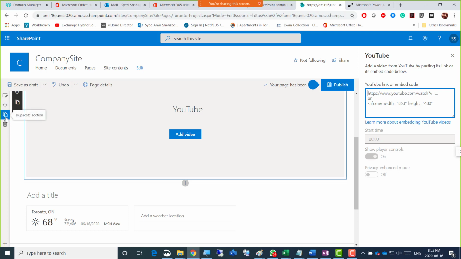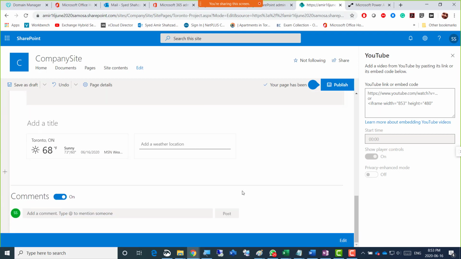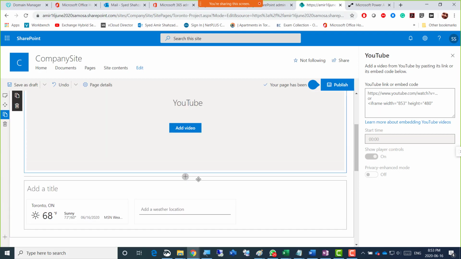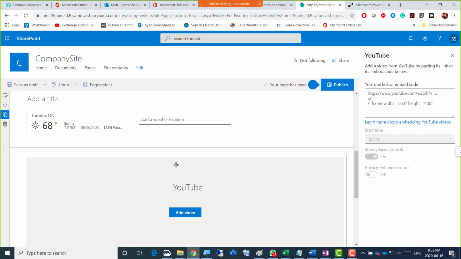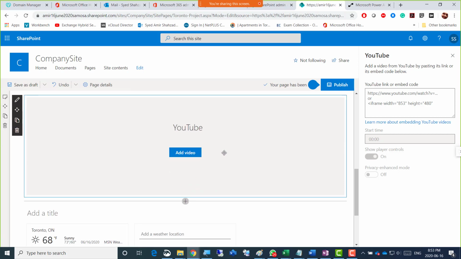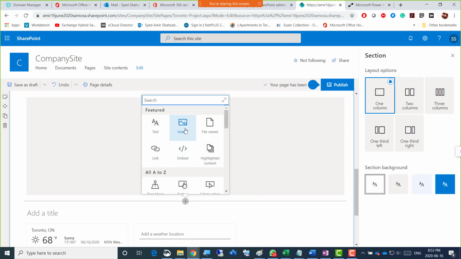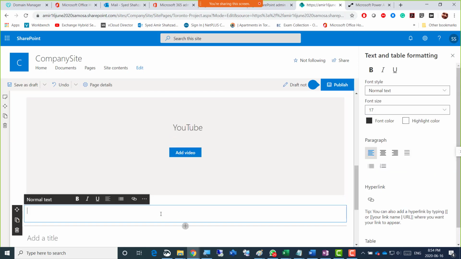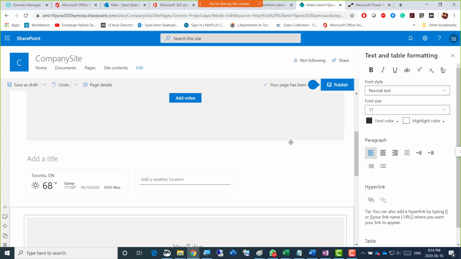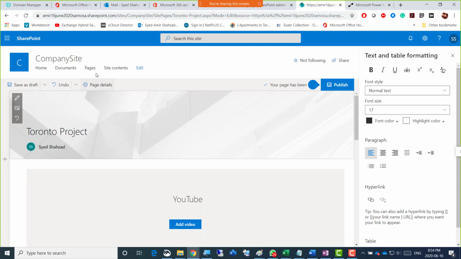And on the left side there is duplicate section. If you click that, it will create one more big section there, and in that section you can add plus there. So it duplicated that section with YouTube widget here as well, but we can just remove that or add another web part if you want. So text or anything else, right? So the thing is that web parts can add applets to your page. So that's what web parts are, and that's the main thing to know here, that there are web parts.